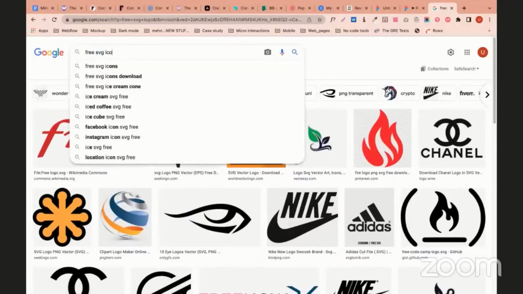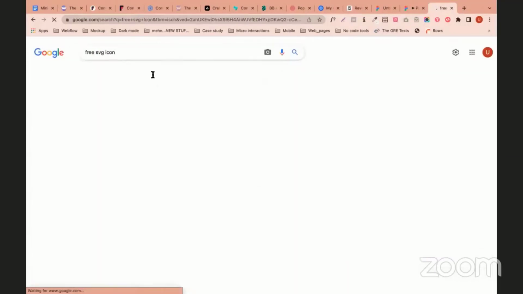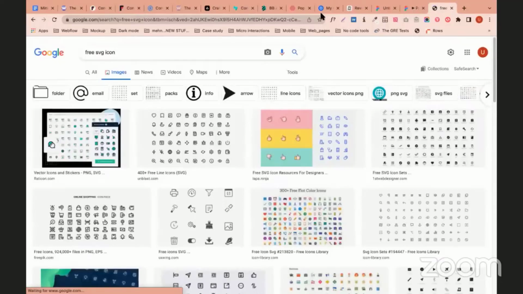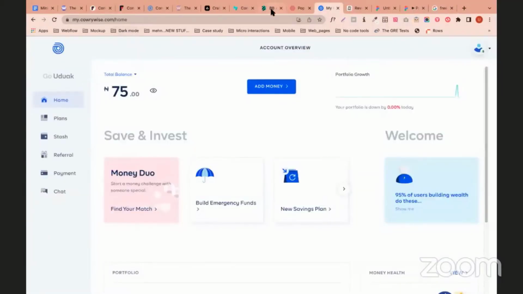When I was learning, do you understand? If you want, just like Harry Wise, they wrote something here, or BB. This is BB's logo. Look at it here. Or if you want, just like Revolut, Revolut is just R. Look at Revolut's own here. If you see it very well, this is it. Even aside the icon, you can even just